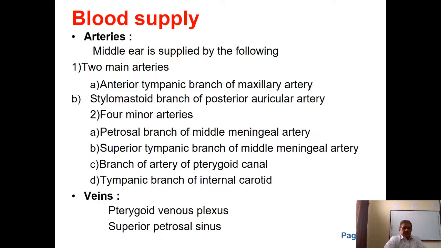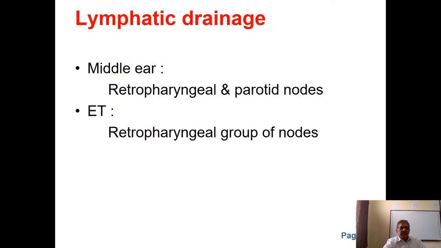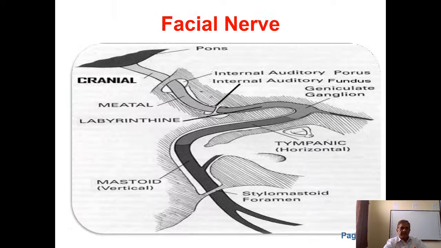Then the blood supply of the middle ear is by two main arteries, the anterior tympanic branch of the maxillary artery and the stylomastoid branch of the posterior auricular artery. Okay, and the venous drainage is into the pterygoid venous plexus, and the lymphatic drainage of the middle ear is to the retropharyngeal and the parotid nodes, and the Eustachian tube, once again, into the retropharyngeal group of nodes. Facial nerve is an important structure